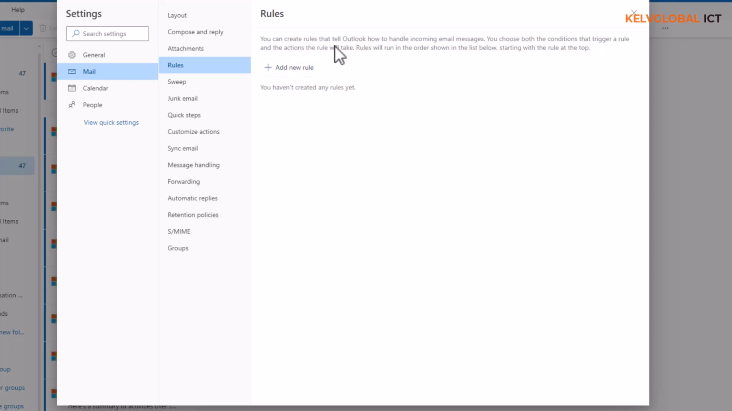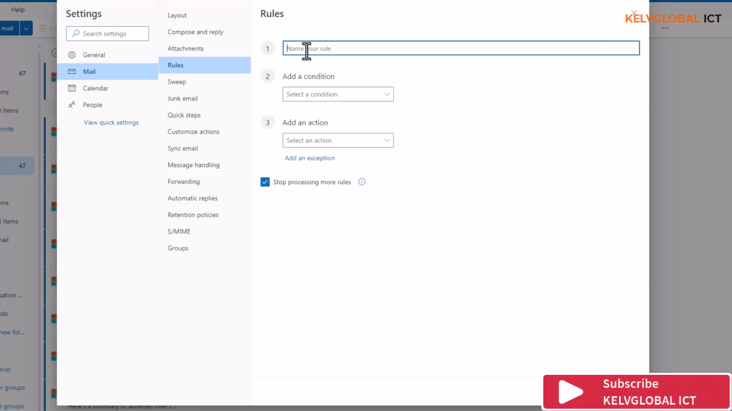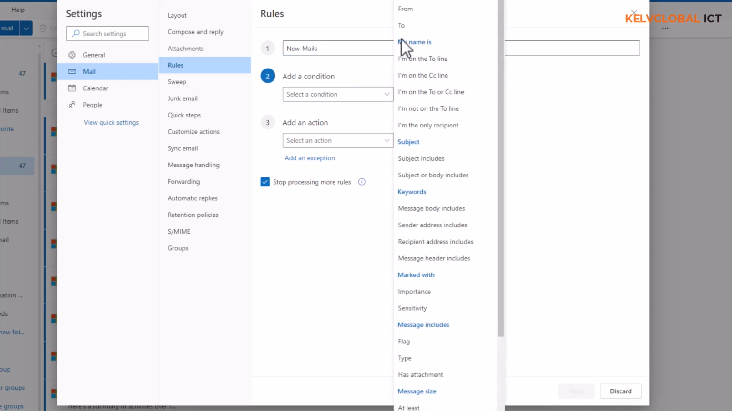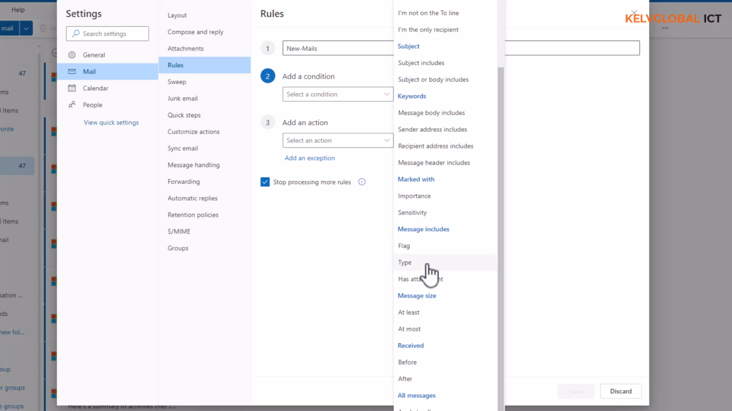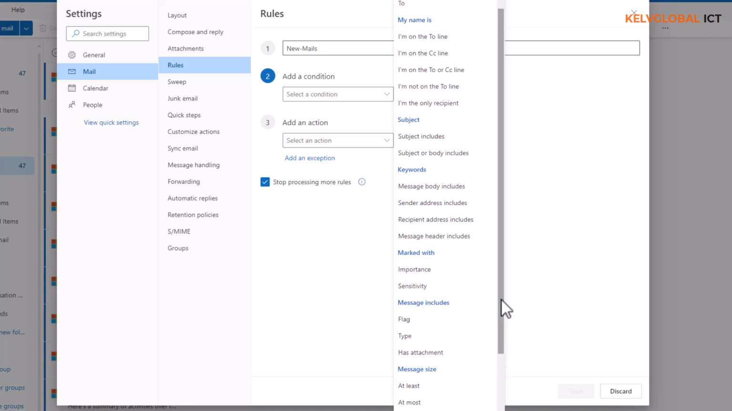So you can create rules that tell Outlook how to handle incoming email messages. So click add new rule, and then let's just give it the name new mails. I'm just giving this a random name, and then the condition is the following. Say add a condition. It says if the email is coming from, so you can see we have different options here under the condition. If it has an attachment, if it was received before, that's a date, or if, for example, it has keywords, the subject